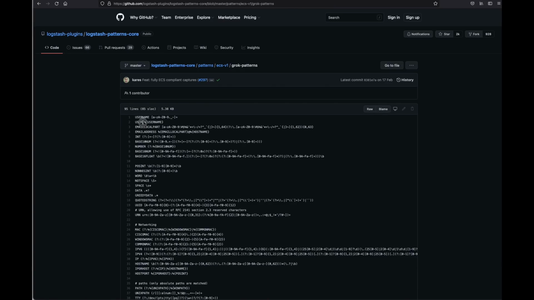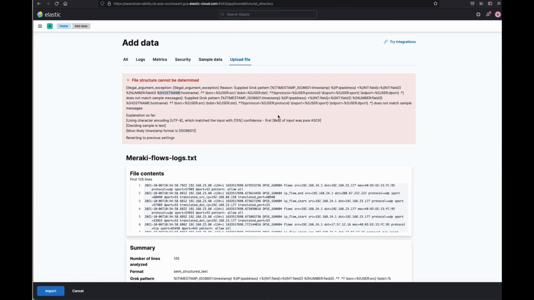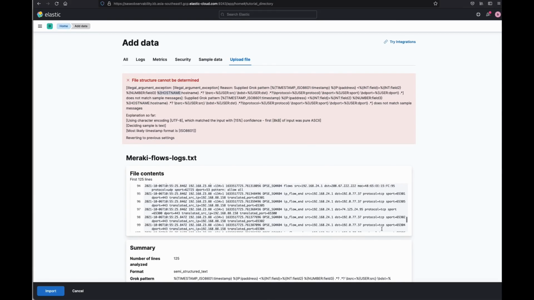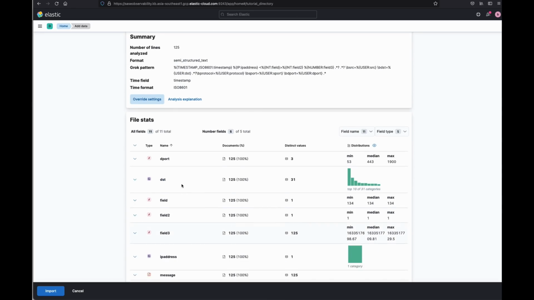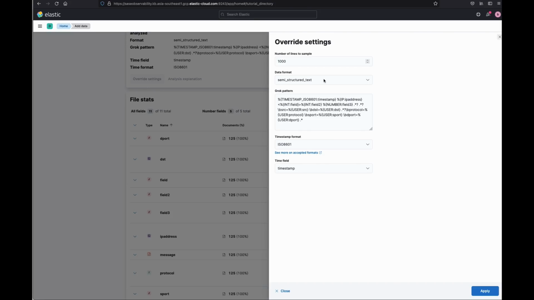Seems that the host name syntax does not allow us to do that. You can tweak and change later if you want, but let's do this. Instead of using host name, let's use this